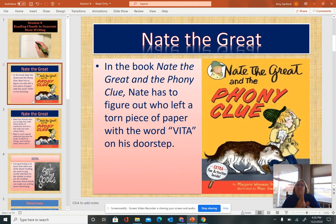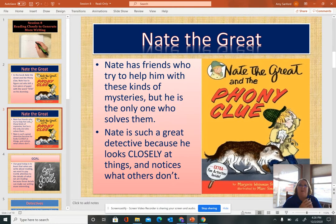In the book, Nate the Great and the Phony Clue, Nate has to figure out who left the torn piece of paper with the word Vita on his doorstep. Sounds like a mystery, doesn't it? Kind of a great story. Well, Nate has friends who try to help him with these kinds of mysteries, but he is the only one who solves them. Nate is such a great detective because he looks closely at things and he notices things that